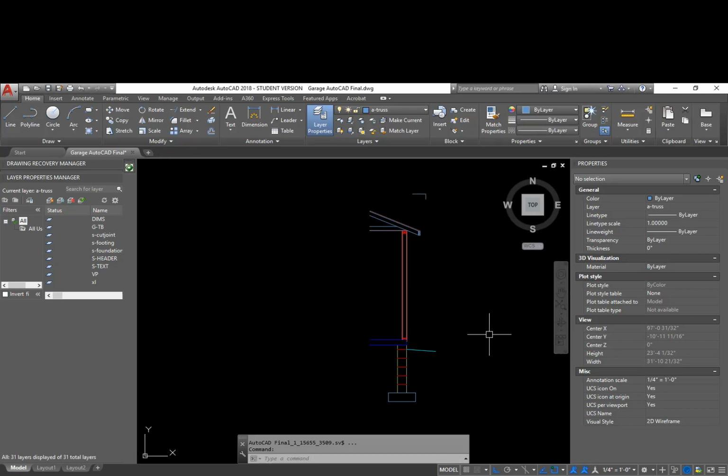Alright, so in the last video we went through and we created the structure of our typical wall section. The next video after this series, we're going to basically take this drawing and start annotating it and putting all the details on it. The problem with us doing that right now is we are currently at a 1/4 inch equals a foot scale. We're going to want to show this wall section at a different detail level. So we're going to either do a 1/2 inch equals a foot or maybe a 3/4 inch equals a foot